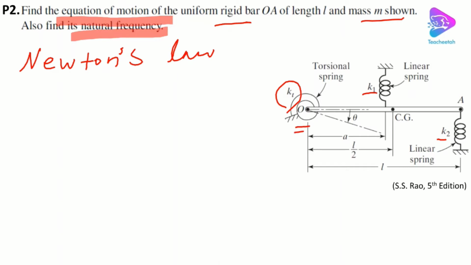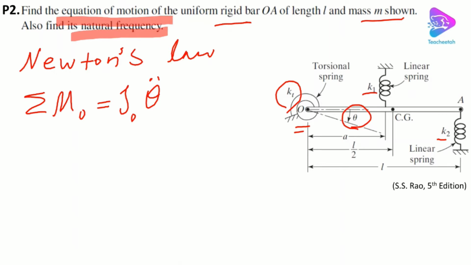As you may remember from dynamics, we can write sigma M with respect to point O, which is the summation of all existing moments due to the external terms, is equal to J_O theta double dot. What is J_O? J_O is the mass moment of inertia of the bar or the metal rod, and theta is the degree of freedom, right? So how can we find J_O first? J_O is equal to a formula that you can find in the datasheet, but if we want to find it,